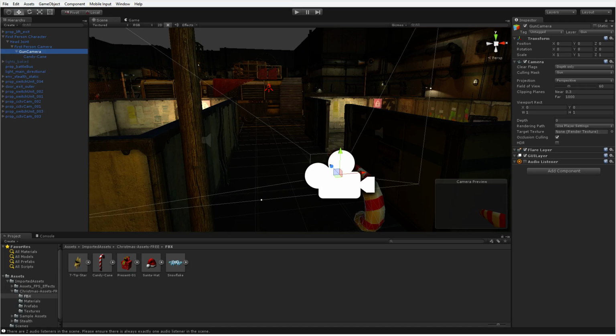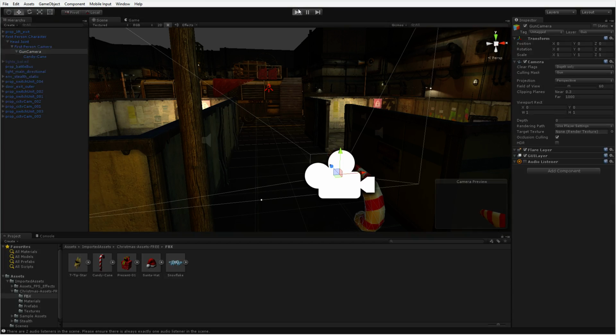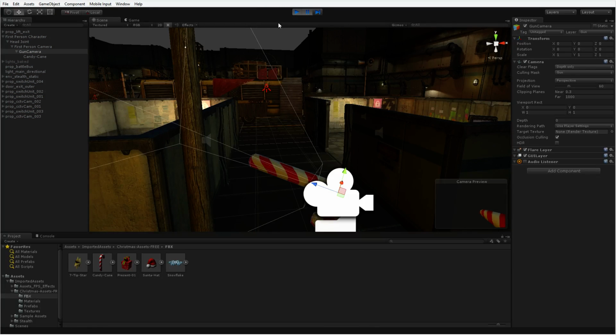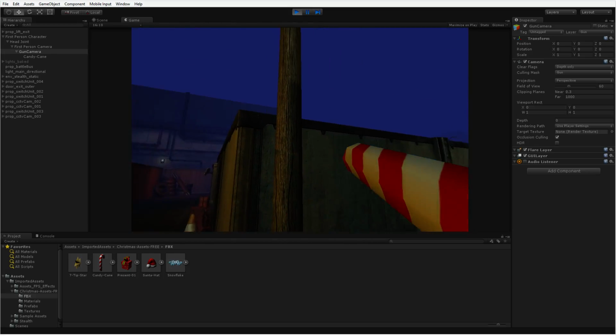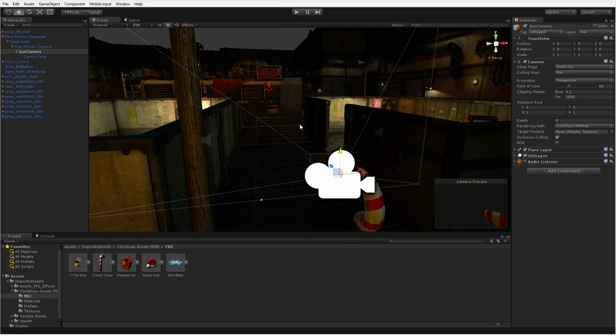So now, I'm just going to save my scene. So we have this, it's nice. Oops, didn't mean to pause that. It's nice, but doesn't really do anything. So let's start adding our animations here. We want our normal traditional first person shooter animations sort of in the scene here.